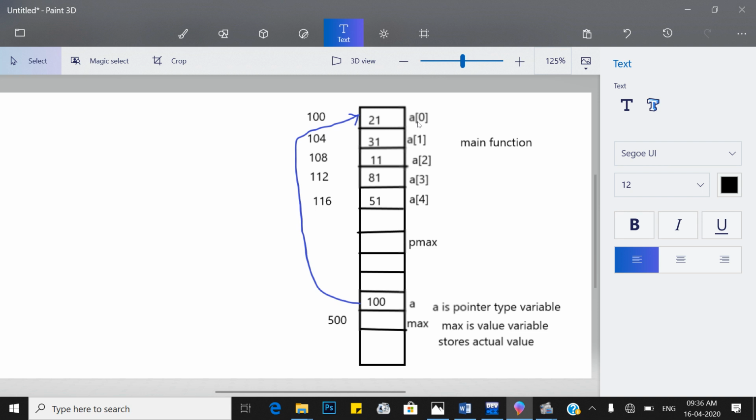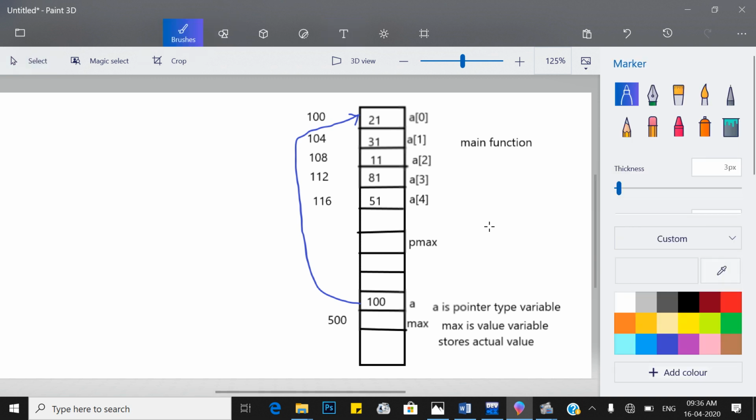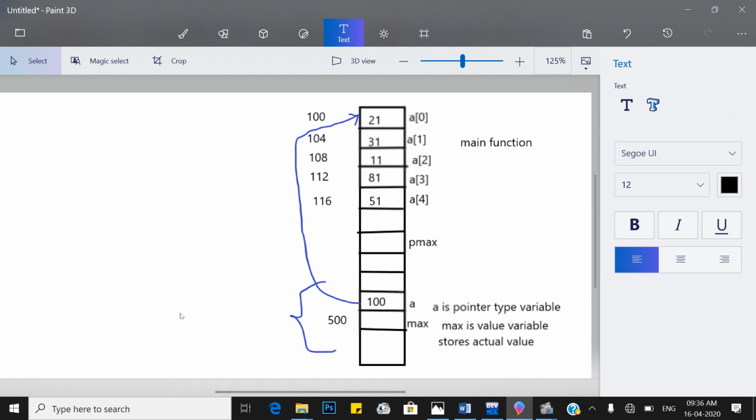So that array's base address, 100, is stored into a. This a is a pointer type variable, and it is in the scope of the largest function, which has a pointer return type as well as a pointer type argument. So it is in the scope of largest.